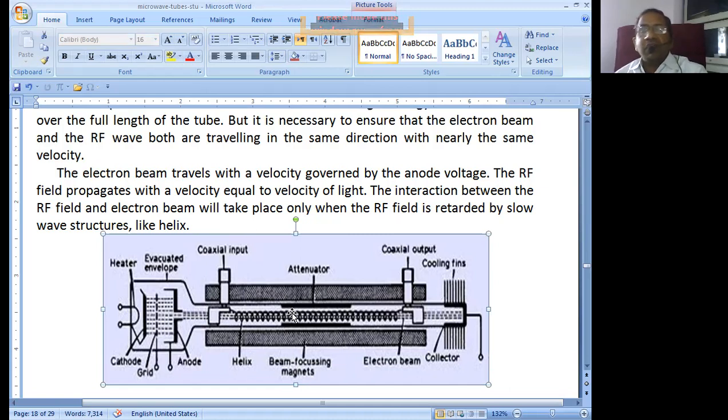Because of the slow wave structure, the RF field normally gets slowed down in comparison with the klystron tube. Therefore, we call it a slow wave structure. The RF wave is going to travel along this particular helix. Now, what does this helix mean? So many turns are there. Since the number of turns, the number of revolutions, is increasing in the helix, the number of rotations for the beam is simply increasing. Thereby, the speed of the RF signal is going to decrease. That is what is going to happen here.